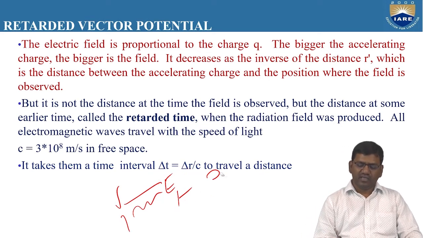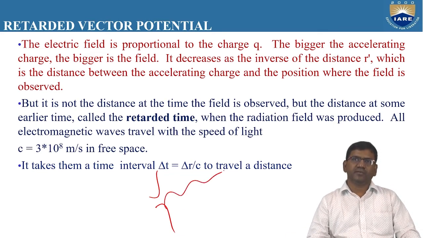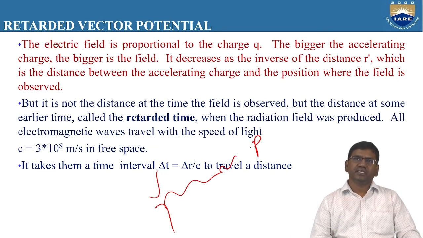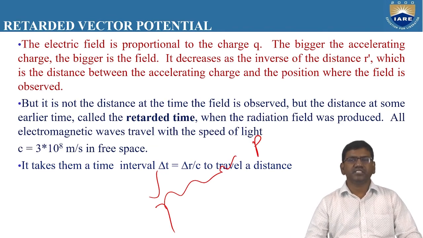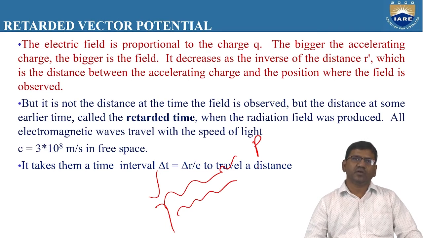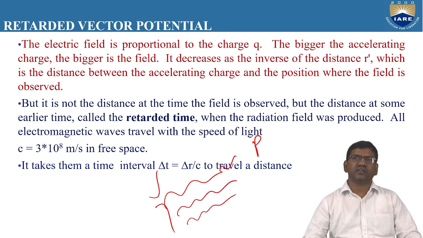According to the EMTL theory, whenever a wave is propagating in free space to a distant point P, this radiation will not reach the distant point P instantaneously. That means this radiation is going to reach point P after some time interval. That means the propagation of electromagnetic waves depends upon the velocity.